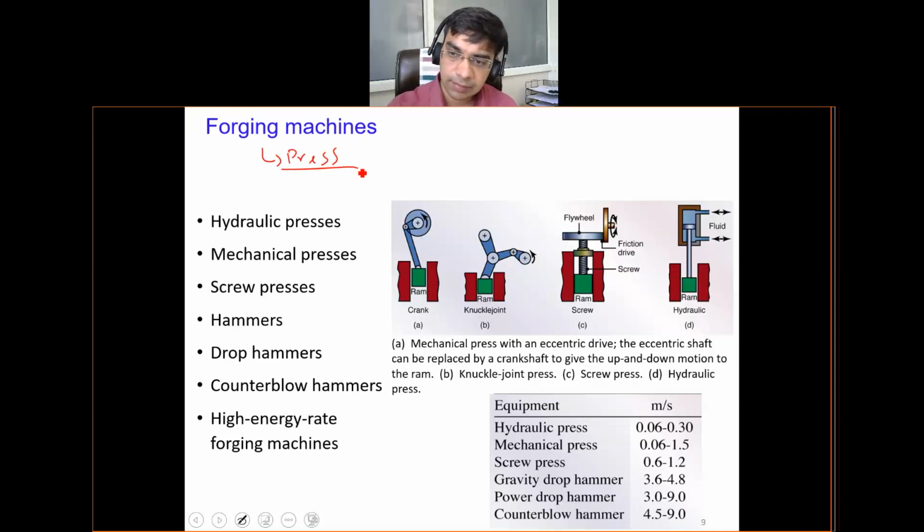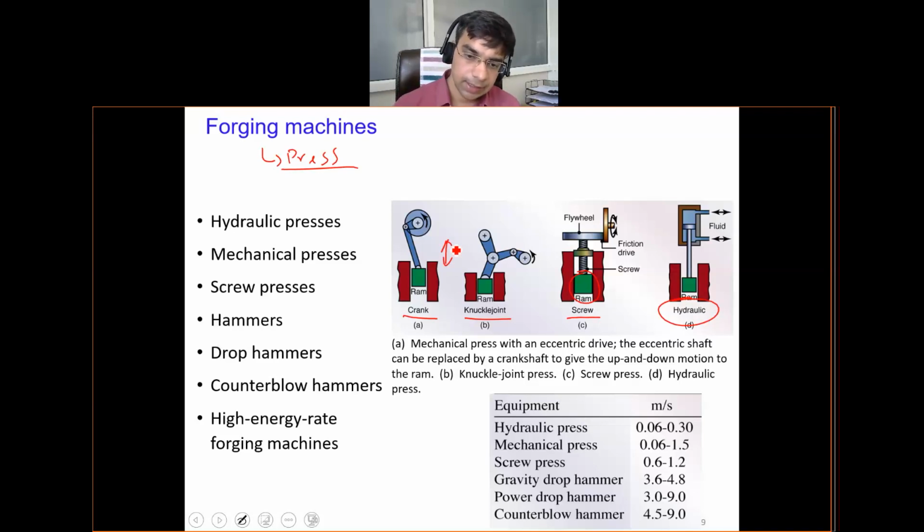In hydraulic means, by the flow of the fluid you can control the motion of the piston on which the ram is attached. This ram is further attached to the die, through which the compressive force is transmitted. In hydraulic presses the movement will be very gradual, but we have other arrangements like the mechanical arrangement with crank, knuckle joint, or screw, where there is a very rapid type of movement, and you can give continuous blows of the hammer.